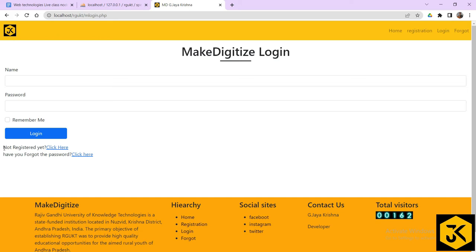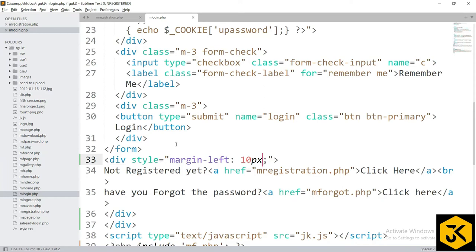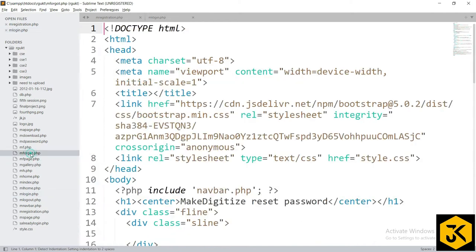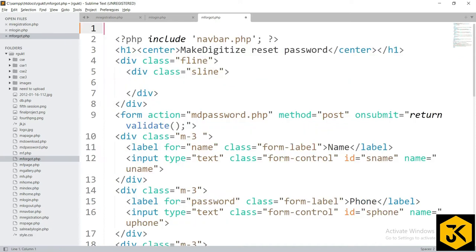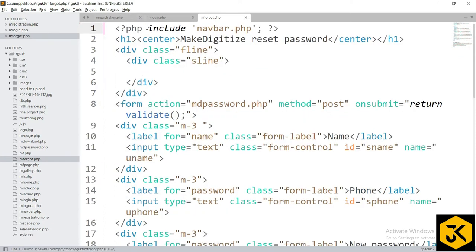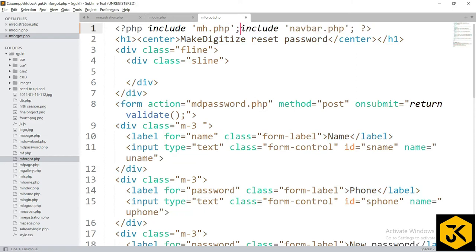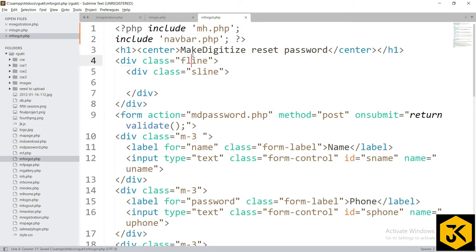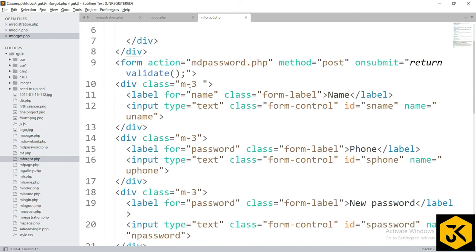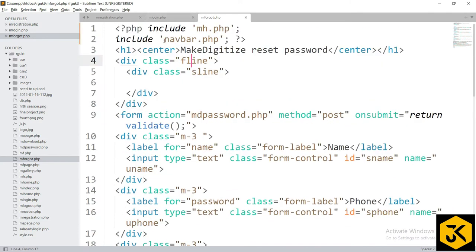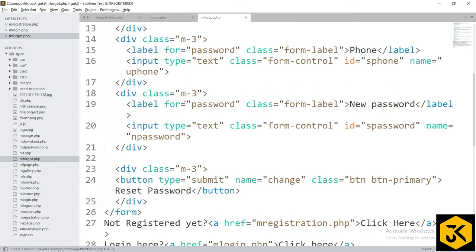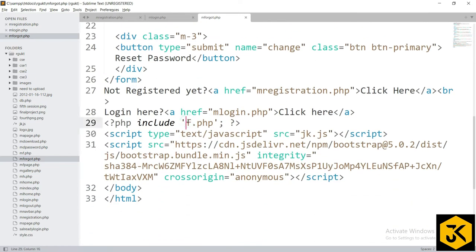Okay, fine. So this is okay for m login. What about m forgot page? If you go for m forgot page, here also the code is redundant. So what I will do, I will simply remove this entire part. I will simply add include mh.php. Okay, and then is there anywhere? Yes, we need to add as mnavbar.php, and then here also we need to make it as mf.php,